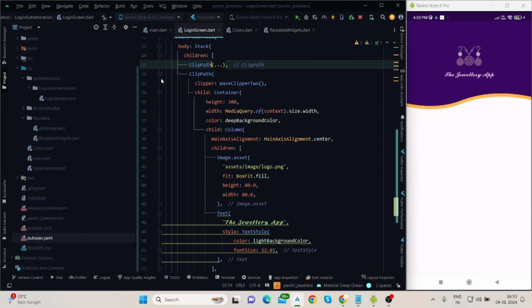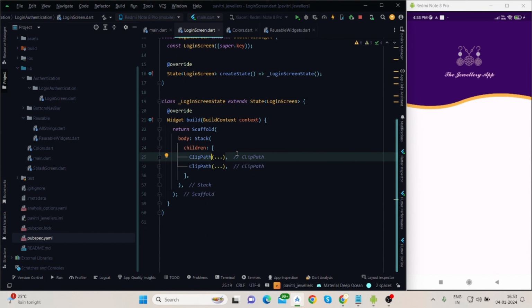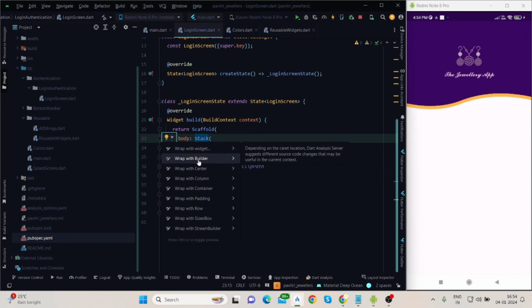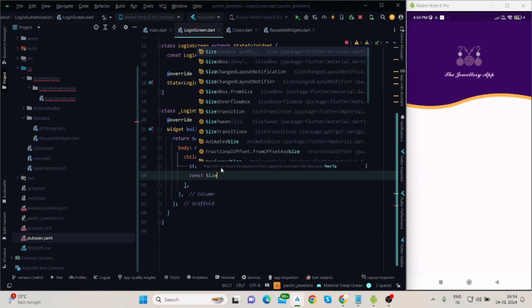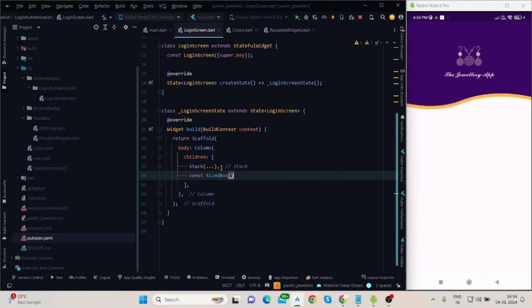Let me shrink this, and this one is stack, and after that I want to show some text like login or sign up screen, and text field and then button. So I will wrap this stack with column, and inside this first of all I will take a sized box for providing some space,